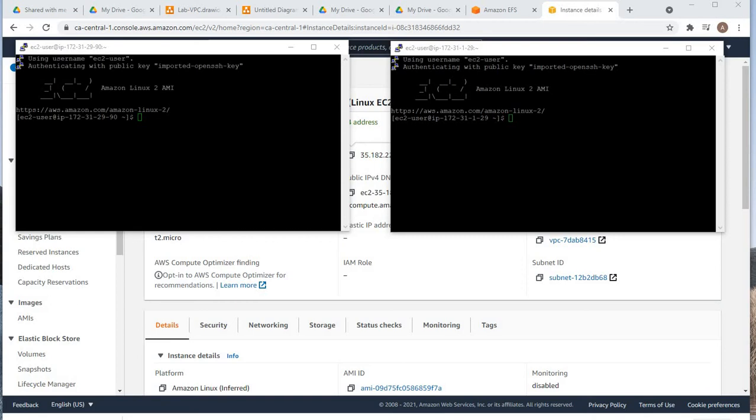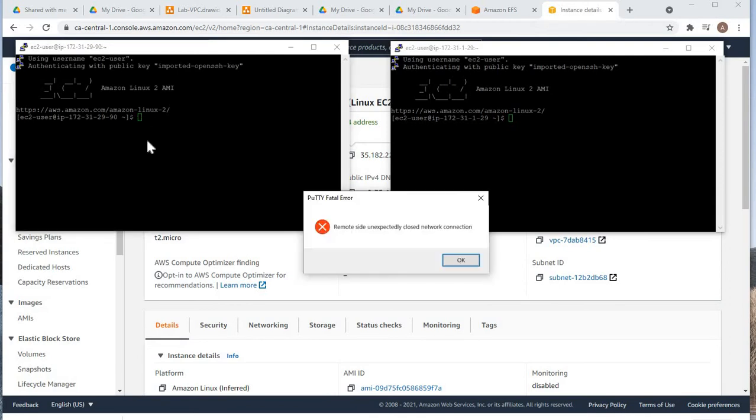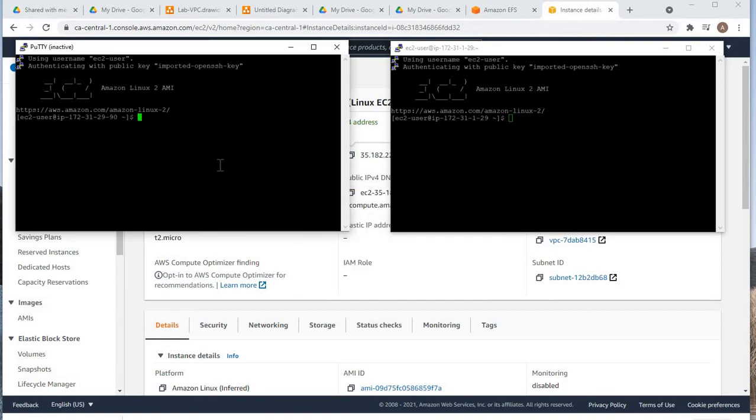So now the first thing we need to do is let's type for the first instance, sudo. I think the first instance is closed. We need to do it again. Sudo